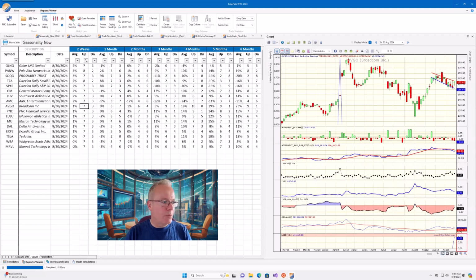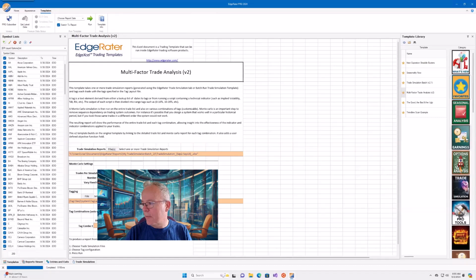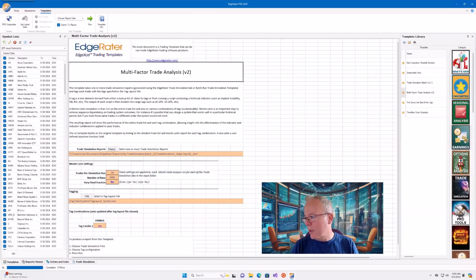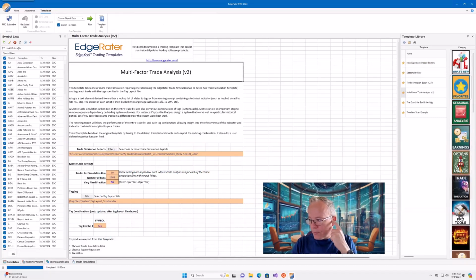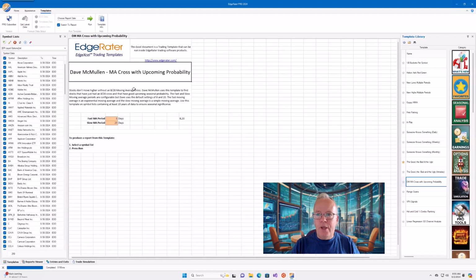The other thing that would be really nice to do is to use Dave's seasonality report. So if we look for that, that would be in our hot topics. So Dave McMullen, he's got his seasonality with moving average cross. So this is combining several things. So if I run this,